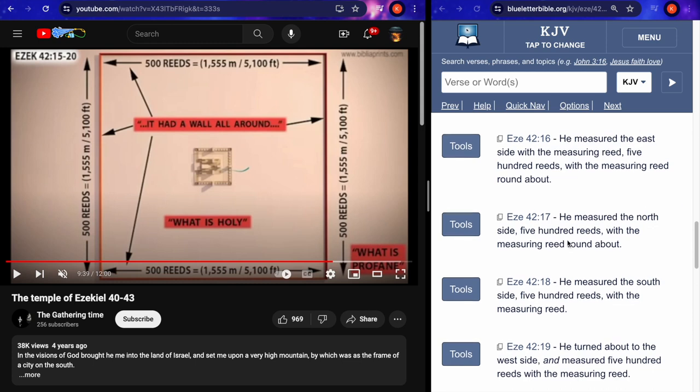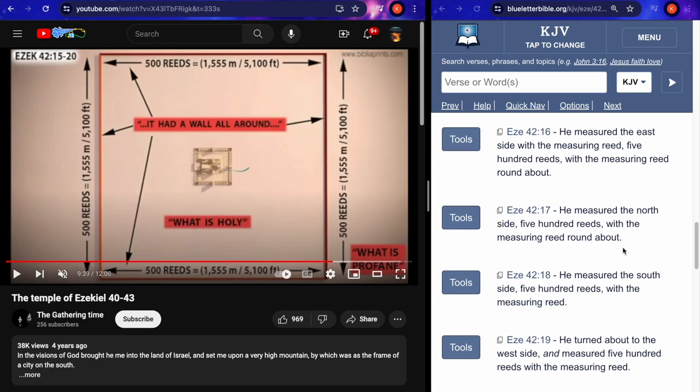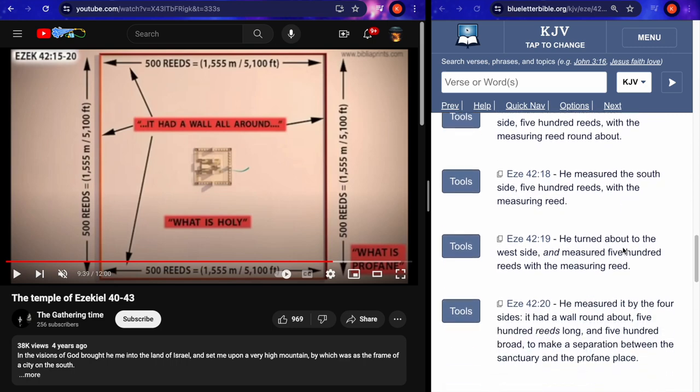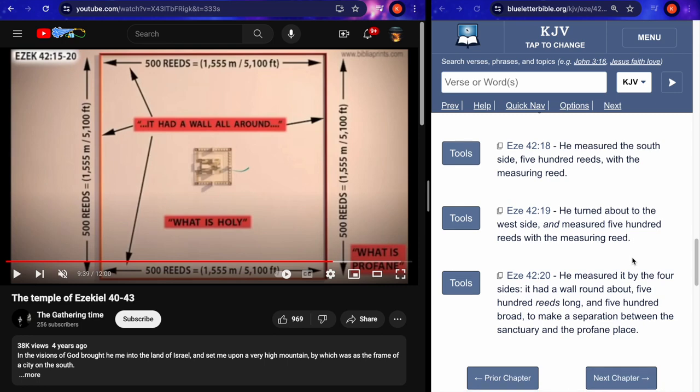Verse 17, he measured the north side 500 reeds with the measuring reed round about. He measured the south side 500 reeds with the measuring reed. He turned about to the west side and measured 500 reeds with the measuring reed. He measured it by the four sides. It had a wall round about, 500 reeds long and 500 broad, to make a separation between the sanctuary and